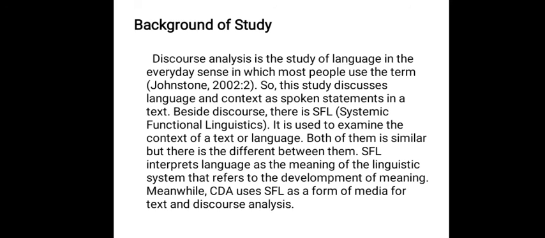He said, discourse analysis is the study of language in the everyday sense in which most people use the term. So this study discusses language and context as spoken statements in a text. Besides